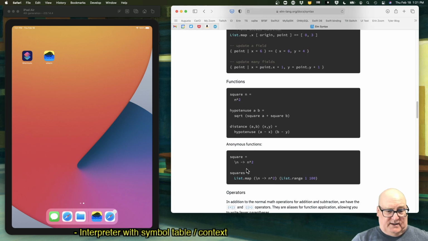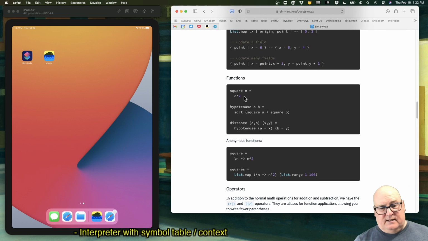We started looking at this though, and notice this function definition: square of n equals n squared. There's no lambda involved. This one does. So if I define square to take a lambda, that's the equivalent of this. And you could literally just define a syntactic transformation that says, if it's a function definition, take the first argument, make a lambda out of it, put an arrow, put the expression that they had,